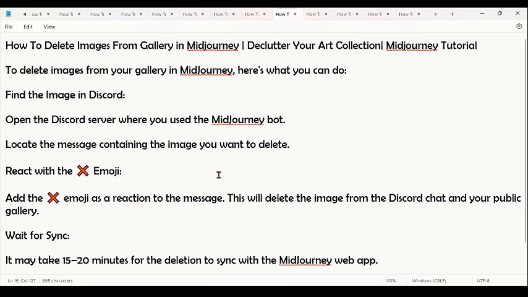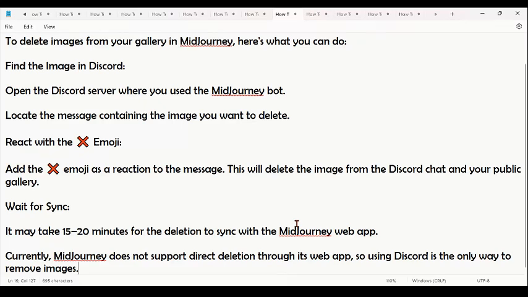And wait for sync, which will take about 15 to 20 minutes for the deletion to sync with the Midjourney web app. And currently Midjourney does not support any deletion through the web app. So Discord is the only way to remove an image,